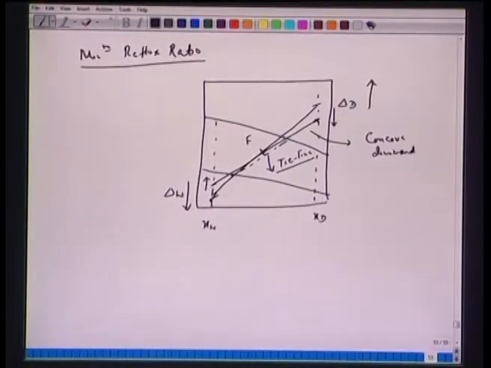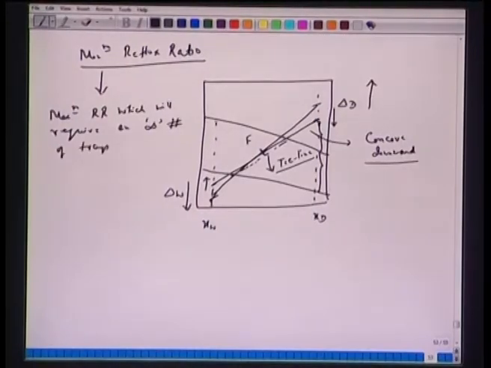So, when we are asked to calculate the minimum reflux ratio, we have to find that tie line, that operating line, which coincides with this del D and del W line. So, this will give us the minimum reflux ratio. If we take this segment by this, it will give us the minimum reflux ratio. So, we can write that the minimum reflux ratio is the maximum reflux ratio which will require an infinite number of trays for this separation.